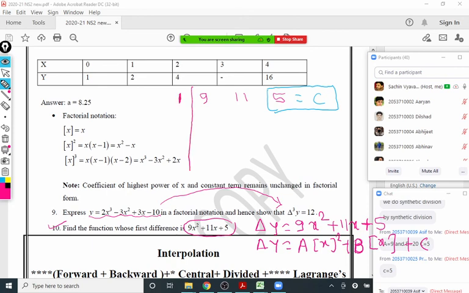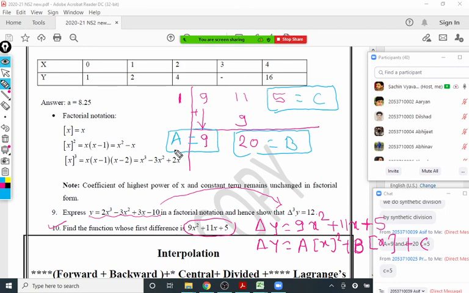So we start with 1. Then we take the first coefficient as it is, 9. Multiply 9 into 1, which is 9, and then addition: 11 plus 9 is 20. Now you will observe, this is the value of C. Then this value will be of B. And only one value is left, so that should be of A. We got A, B, C.